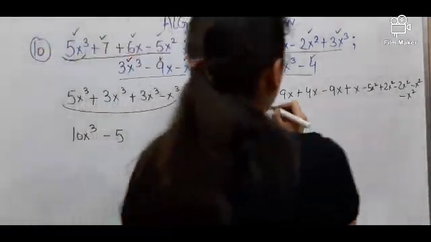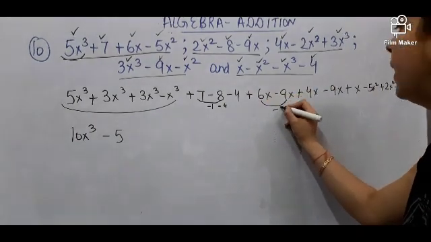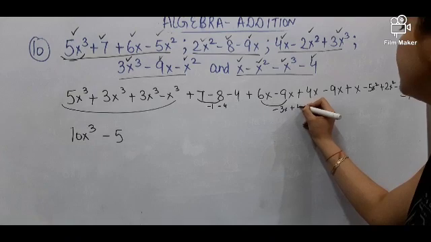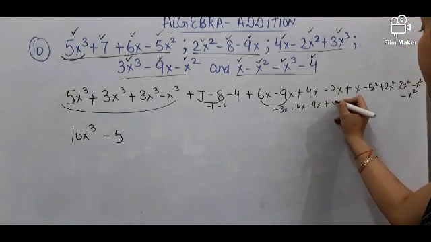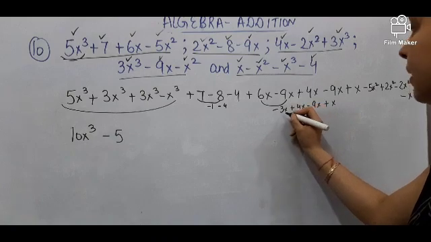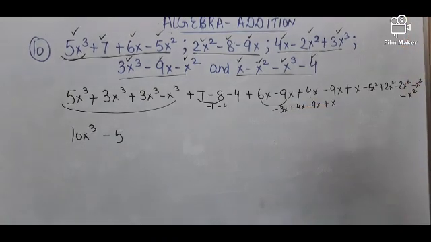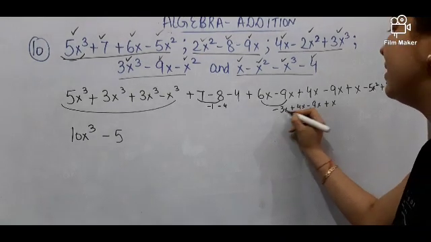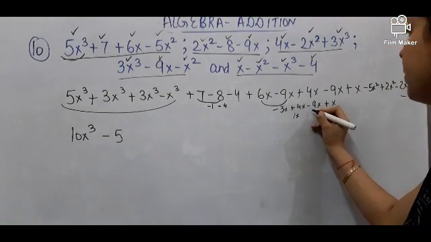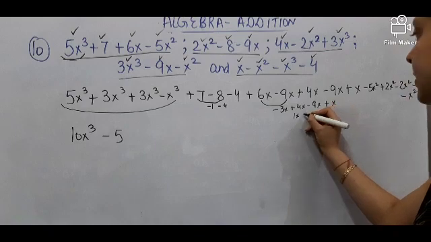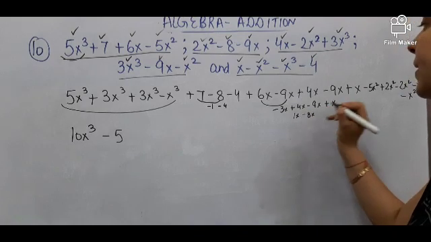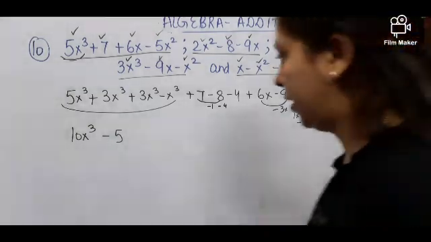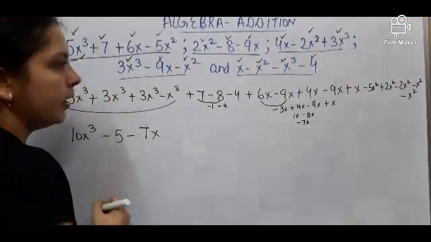Okay? Yes. Now 6x minus 5x is minus 3x, and then we have plus 4x minus 9x plus x. So minus 3x plus 4x here. Now you don't need to write all the addition, you can do according to the rules, 2 positive, 2 negatives, and 1 positive and 1 negative. So minus 3x plus 4x is 1x, and minus 9x plus x is minus 8x. So 1x minus 8x is minus 7x. If you remember all the rules, then you can do it orally now.